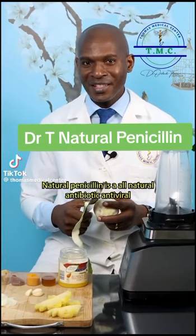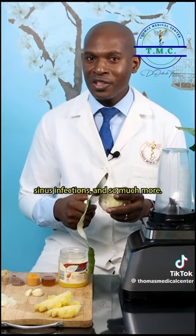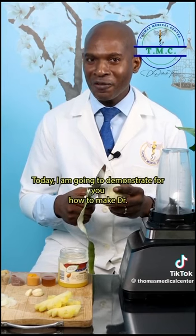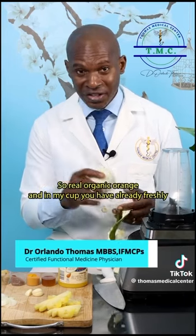Dr. T's natural penicillin is an all-natural antibiotic, antiviral and antifungal formula that can cure most colds and flus, chest infections, ear infections, sinus infections and so much more. Today I am going to demonstrate for you how to make Dr. T's natural penicillin. So we start out with orange juice, so real organic orange, and in my cup here I